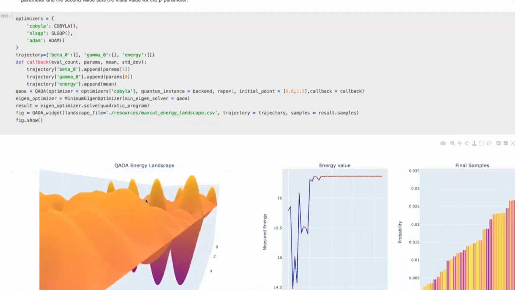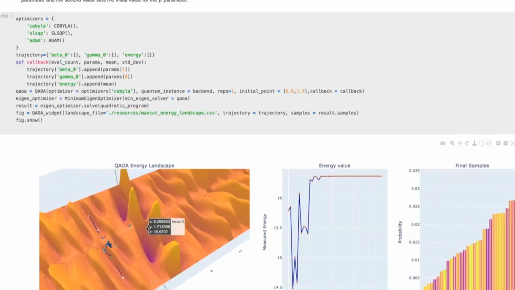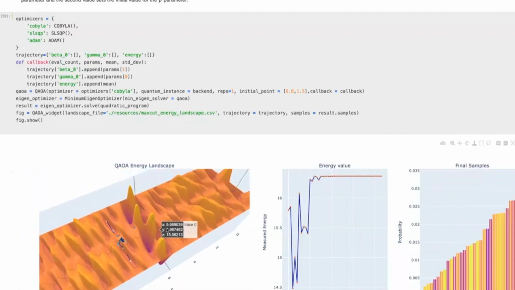And so this only shows that it's very important to appropriately choose the correct optimizer or to appropriately initialize the optimization procedure, because otherwise we're not able to find good optima within the energy landscape.